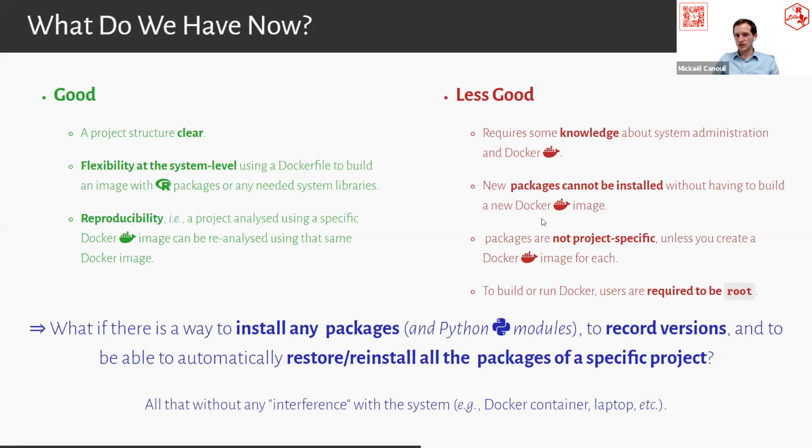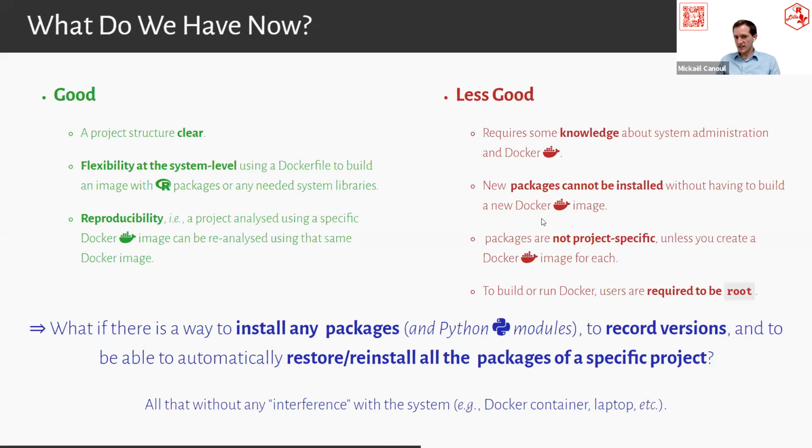The less good is, okay, you still need some knowledge about system administration because as you may have seen in the Docker file, it's only bash commands. You need to do apt-get update, install. So you need to know that stuff to actually make it work. So a bit of work for you to do.